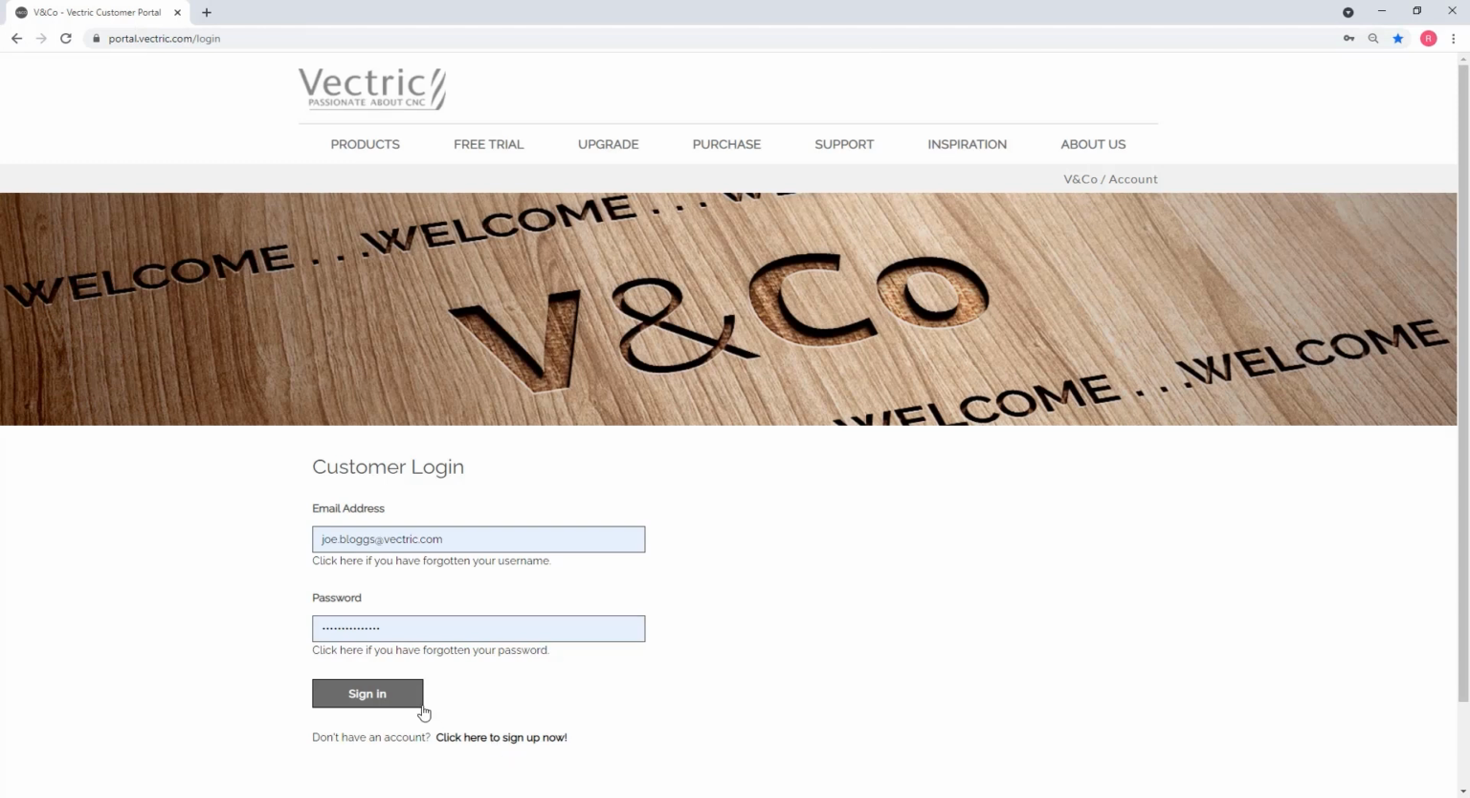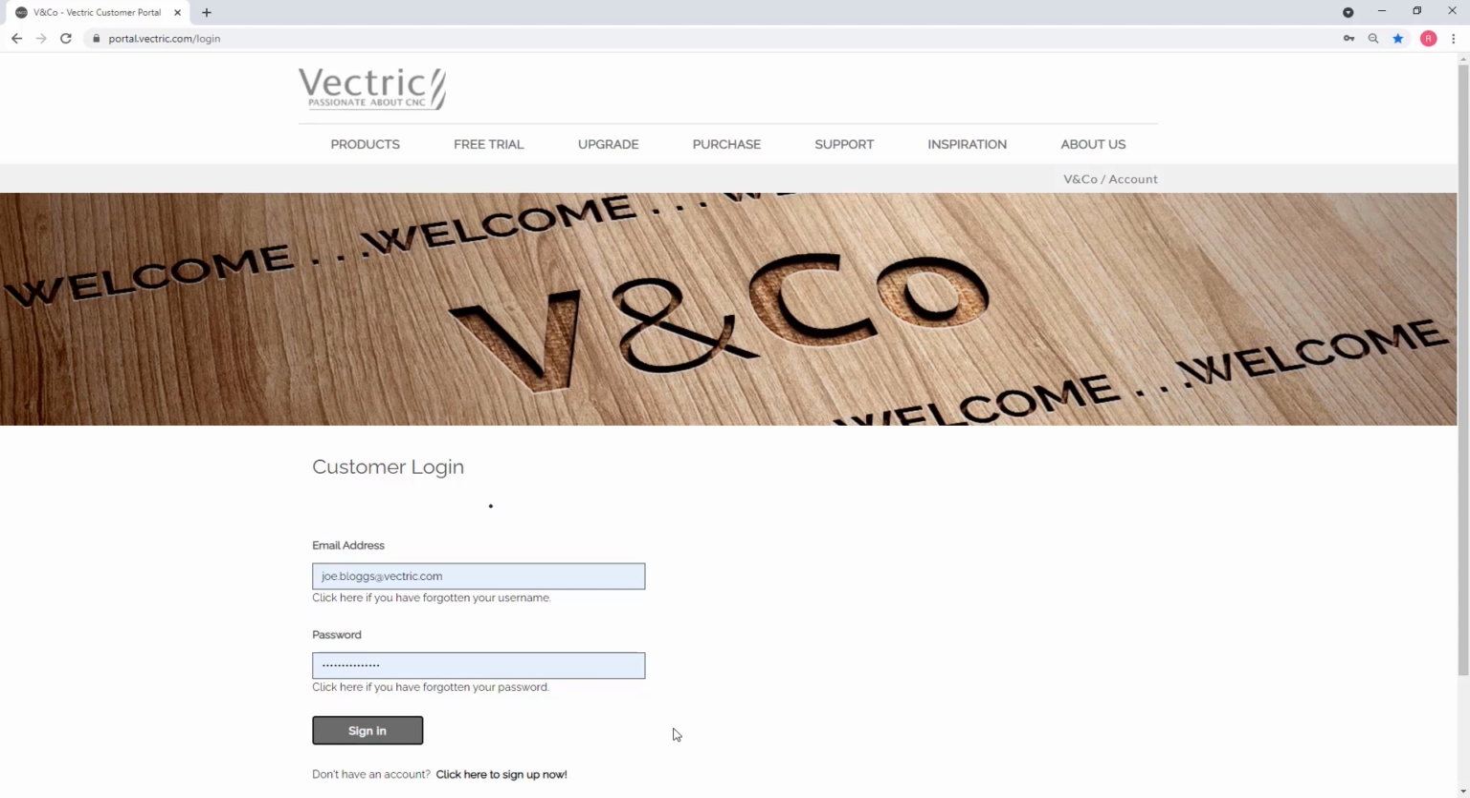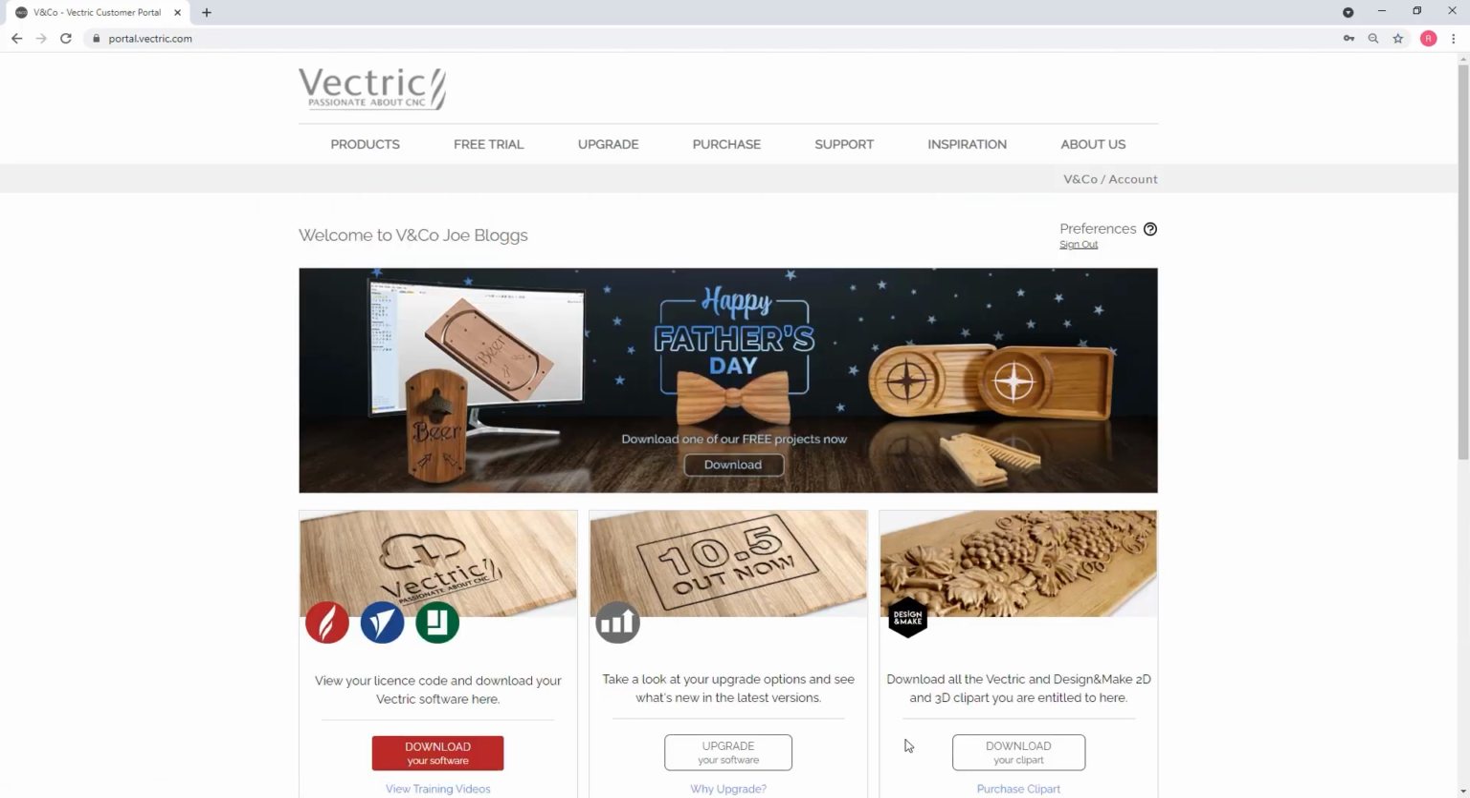And if you don't have an installation USB, that's not a problem at all. When you purchase your product, you'll be invited to V&Co, and this is where you can access your license details, the installers for your software, along with your free clipart and project files. Now you'll need to go over to portal.vectric.com to log in, and to log in you'll need your email address and your password, and once you sign in and verify your email address, then you'll have access to everything that